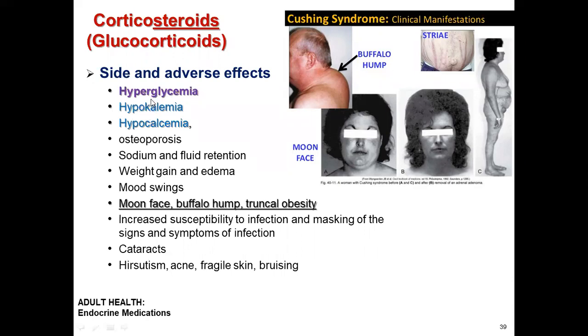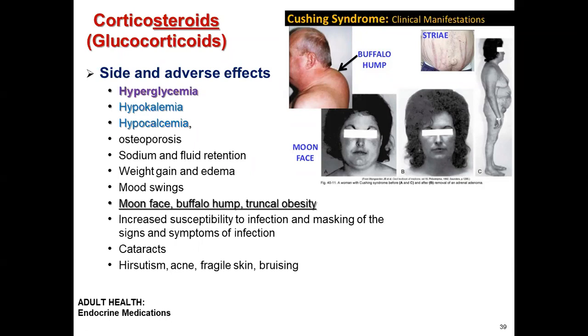So we educate the patient to take potassium-rich food. If hypokalemia is not treated, it leads to dysarthria. Also bone erosion, we call osteoporosis. Sodium and fluid retention increases the blood volume, and increased blood volume leads to hypertension, weight gain and edema,